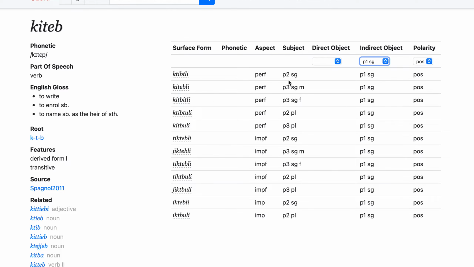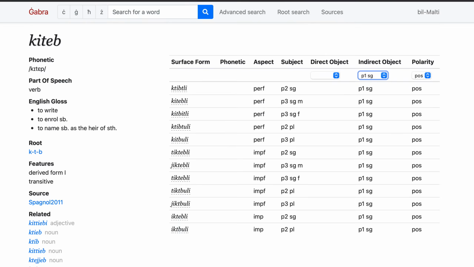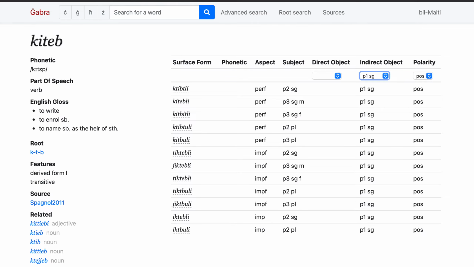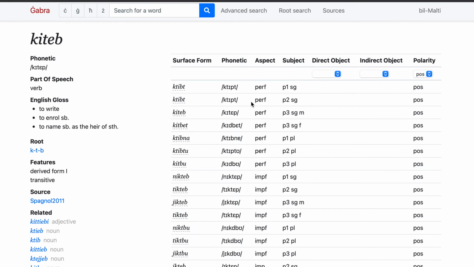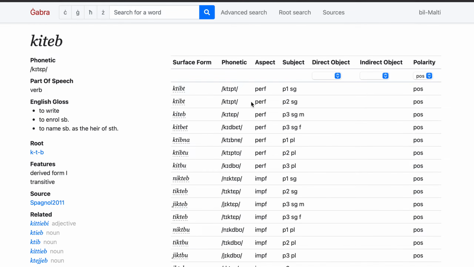And this is what they will not give you in dictionaries. For example, iktabli, well, if you look in the dictionary for iktabli, you simply won't find anything. But if, say, let's put back the window here, if you see it, iktabli, and you write it here. Ik heb li. There you go, Kitab. So you will find it back, and then you can click through it. And this is one of the greatest things about Ġabra. You can find all the conjugations of verbs in this Ġabra.